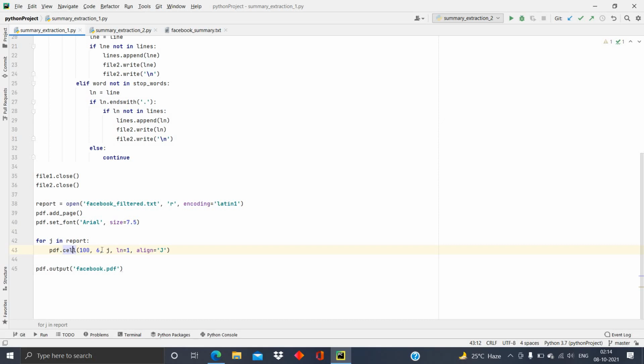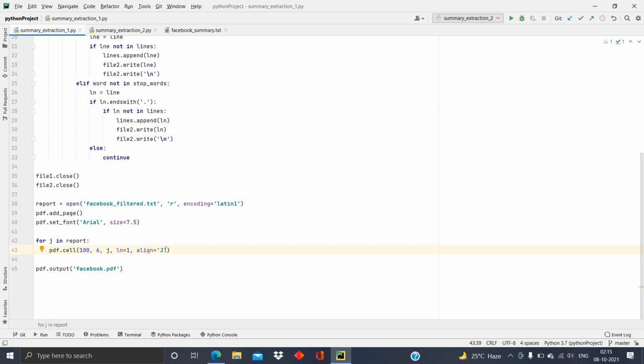that is, the number of characters that can fit into a page horizontally as well as vertically, and J is the data we are going to write onto the PDF page, and this is the line of the page. And align is the alignment, where we can adjust the text on the PDF page: right, left, center, and justification.